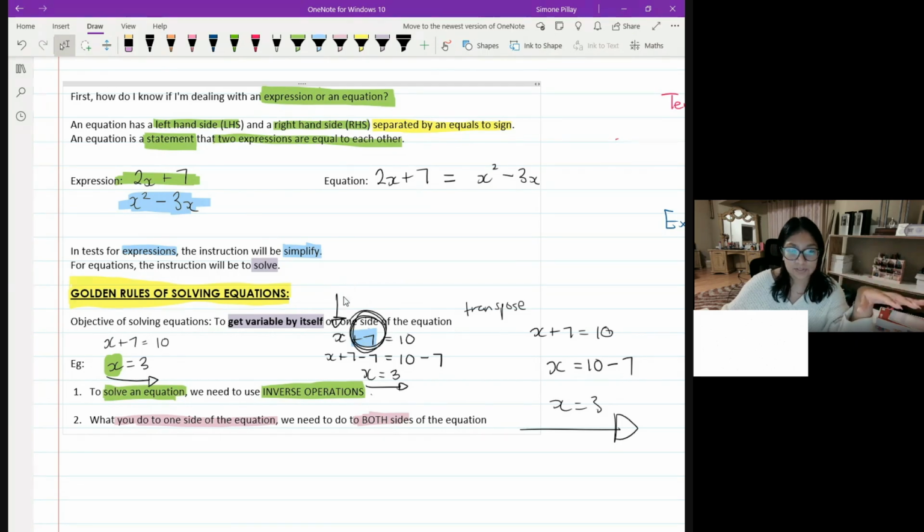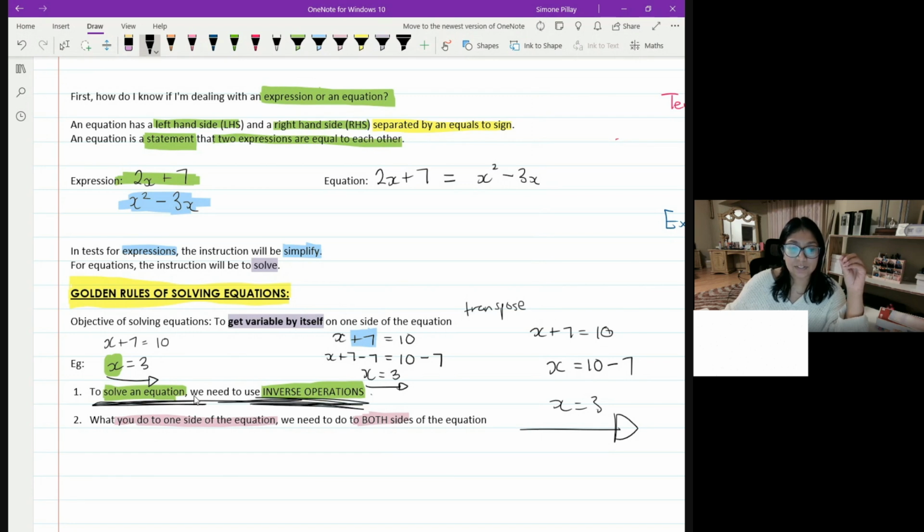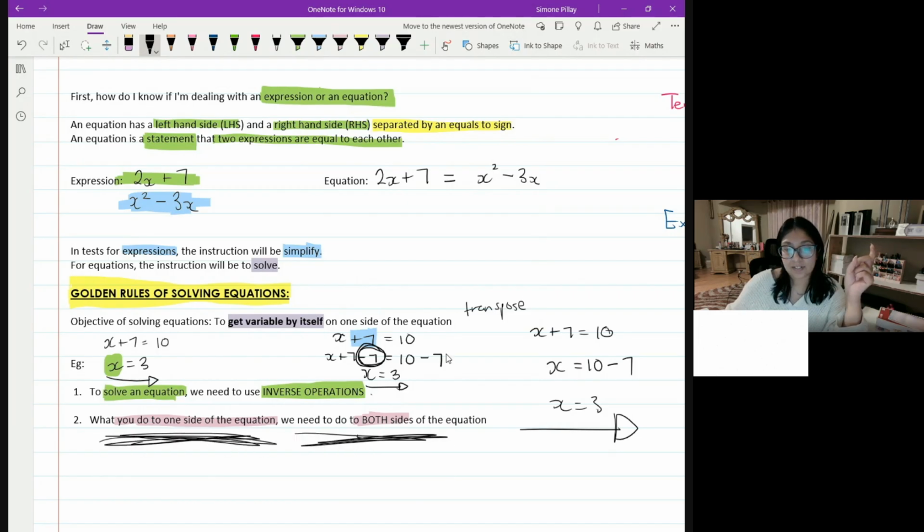I don't want it to be on the side of x. And so to solve an equation, you use inverse operations. And so in order for me to cancel out that positive 7, I subtracted 7. But because I subtracted 7 on the one side, I had to subtract 7 on the other side as well. And so that is how we kind of got x plus 7